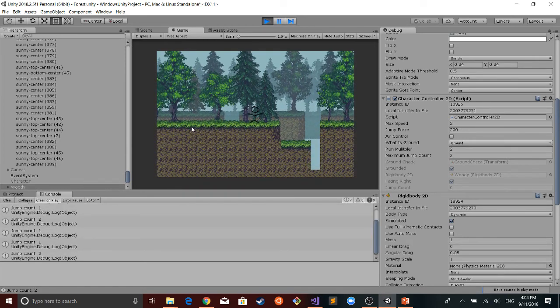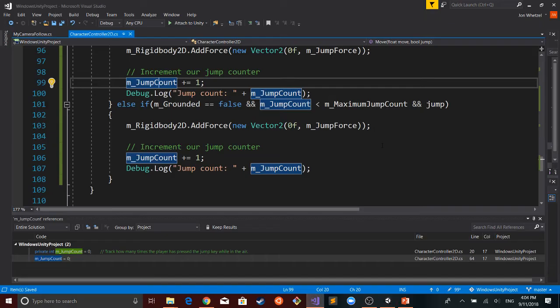Oh, interesting. Let me clear this out. So I press it. It's saying to 1. So that makes sense. Now if I press it again, you can see it still kept it at 1 and then updated it. Because it went down and you jumped again when you were going down.